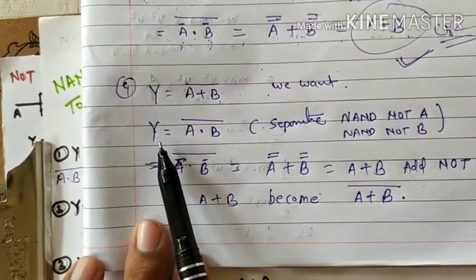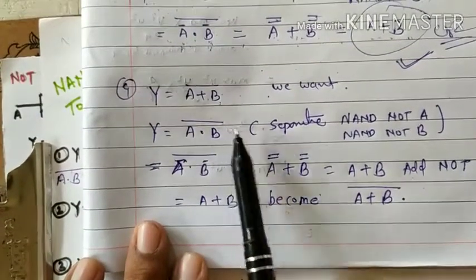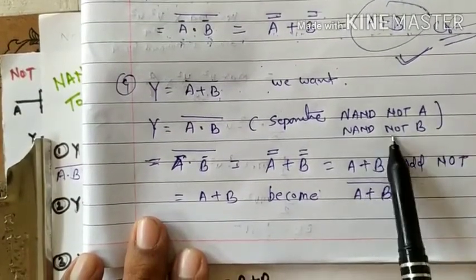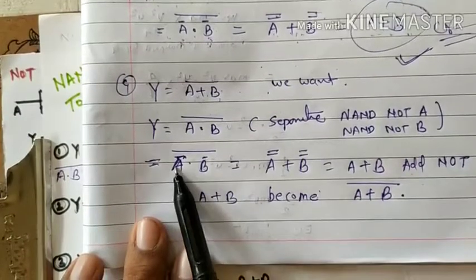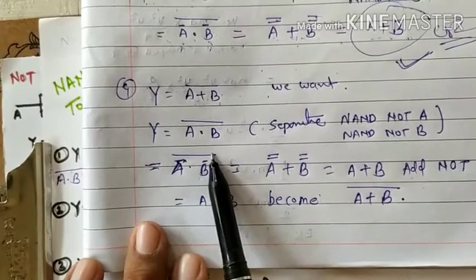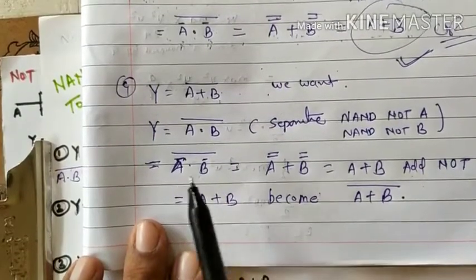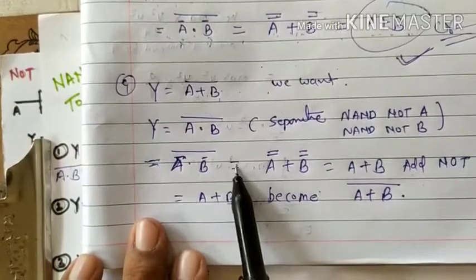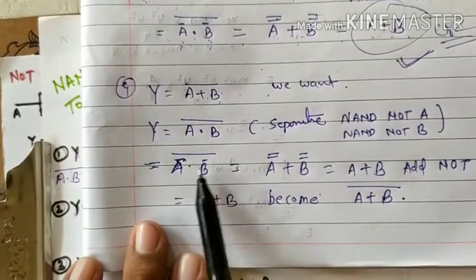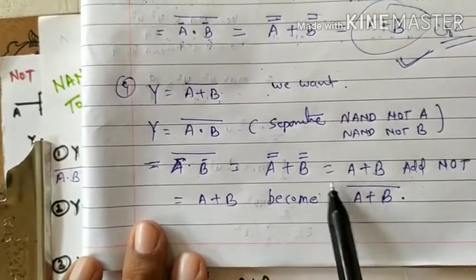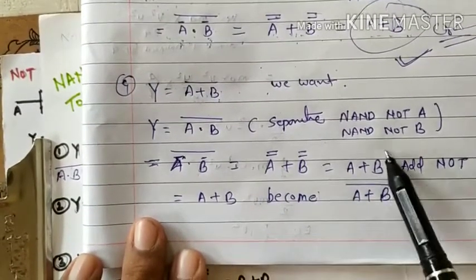We have the NAND gate Y is equal to (A into B) bar. Again, I write here a separate NOT A gate, NOT B gate. So this separate NOT gate 1, this separate NOT gate 2, it is again having one bar. So we are able to write, again with the same process we did in the last one, (A bar into B bar) whole bar is equal to A double bar plus B double bar, is equal to A plus B. We now get this OR gate.